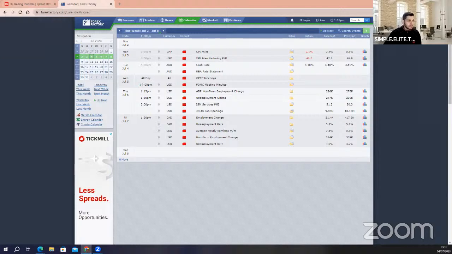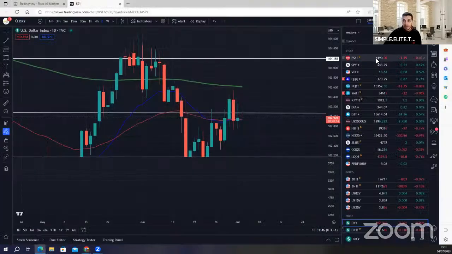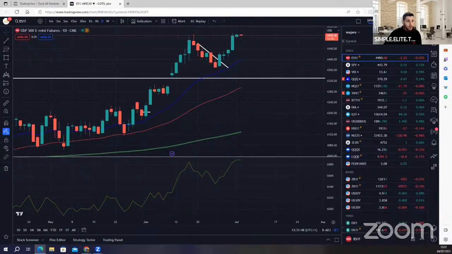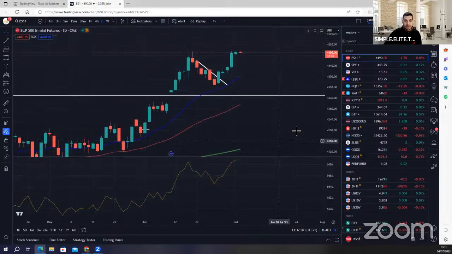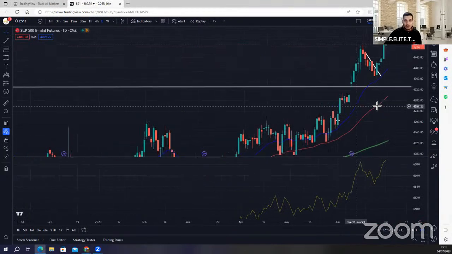So let's see if this is going to change our plan, or we're going to see some volatility on the upside for the indices. Let me share my view on the market, and let's start with the S&P 500. Last week we said we want to see some retracement to be a buyer, and then what we had is this one. Last week we had all this bullish movement. What's the view at the moment? I'm still on the upside.